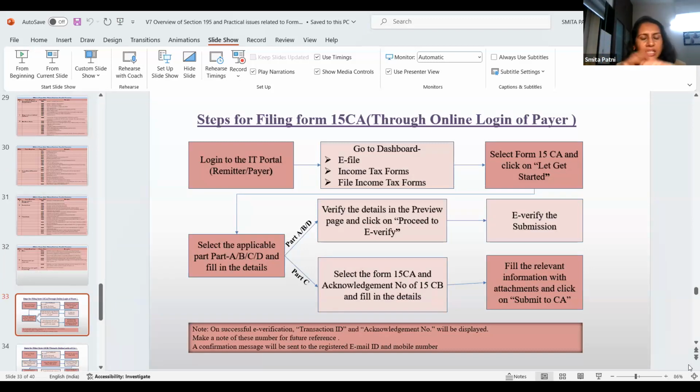For manual filing, you download the Excel utility. You can do bulk filing in that. You can fill all those forms and upload them in bulk. The department, after 2 or 3 hours, will process all the forms, and then all the forms